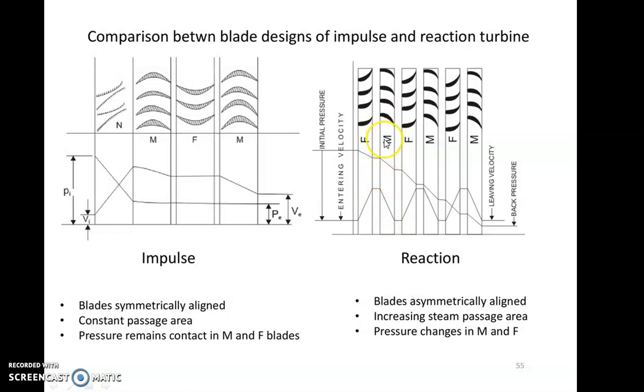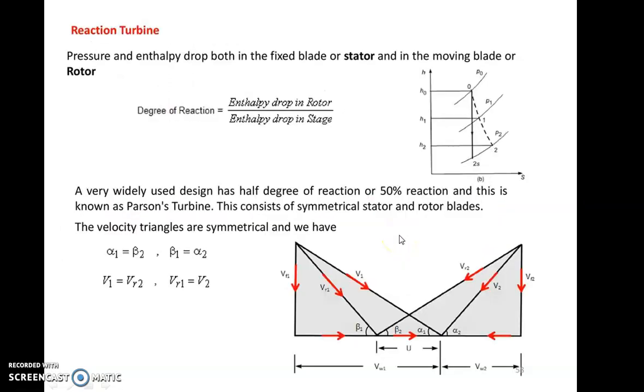In the moving blade, you are decreasing the pressure. So this is a fixed blade. Again, this is a moving blade. So here pressure is decreasing, and velocity is increasing only across the fixed blade, that is the nozzle, and then it is decreasing across the moving blade. It is converted to mechanical energy. Again, in the fixed blade the velocity is increased, and again in the moving blade the velocity is decreased, likewise. But the pressure decrement is continuous. If you see, pressure decrement is continuous, whereas in impulse the pressure is constant. That is the difference between impulse and reaction that you should understand.